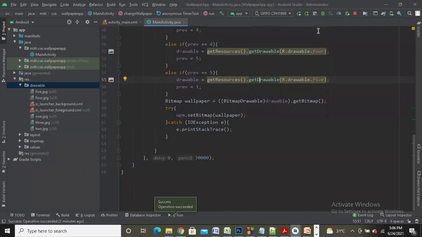That's the wallpaper activity. Hope you people understood this wallpaper activity program. If it is clear,